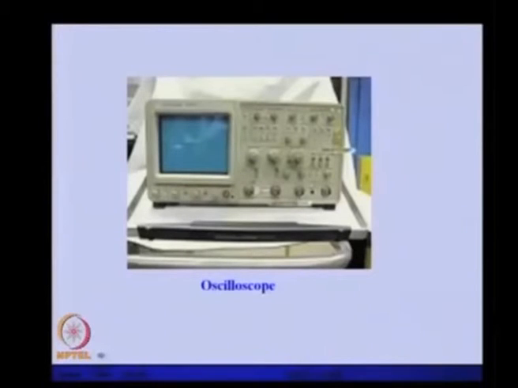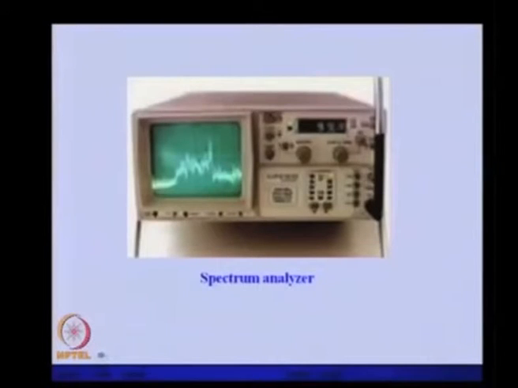This is for displaying whatever vibration signal is captured through these sensors. We can display the signal on this kind of screen, that is an oscilloscope, and generally it displays the signal in the time domain, but the frequency domain signal can also be seen in this. Apart from this, there is another advanced analyzer, that is the spectrum analyzer, in which exhaustive analysis in the frequency domain of those time signals can be done, and various forms of the